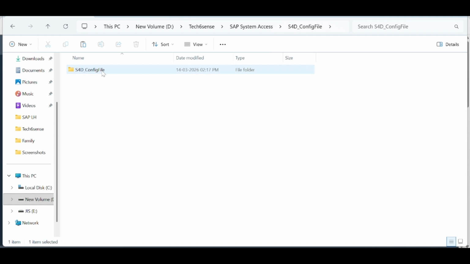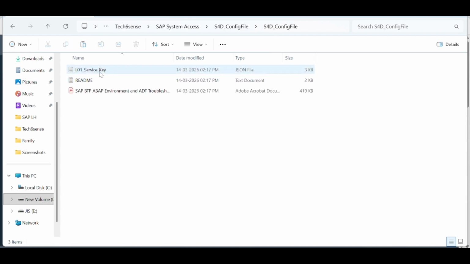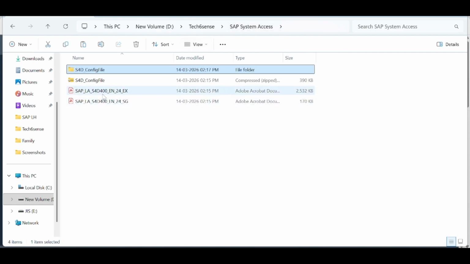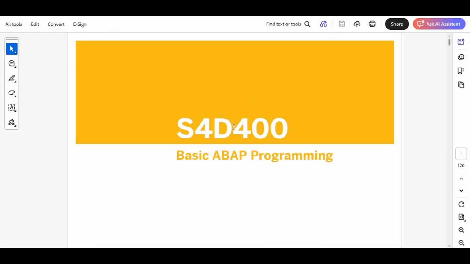So just double click on it and here you can find the service key. This is very important, so you have to use this service key. Apart from that, we also downloaded two PDF files. So if I just open the first PDF file, that is the exercise, here you can find